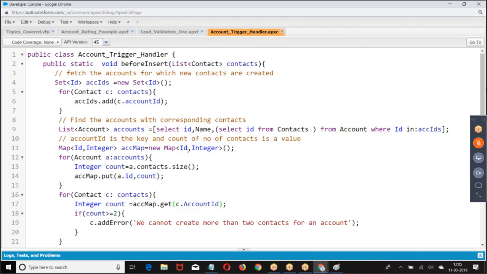That's what I told. Whatever business logic we write, we take a combination of list, set, map, SQL, DML. When you practice a number of logics there, you'll be able to write this logic here. Otherwise, it will be just copy paste. Okay, let me explain the requirement once again.